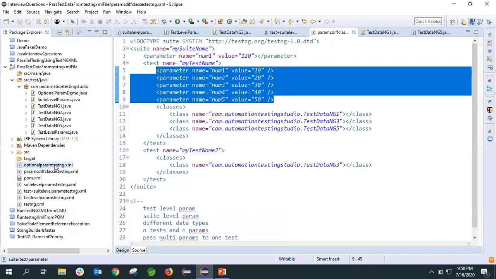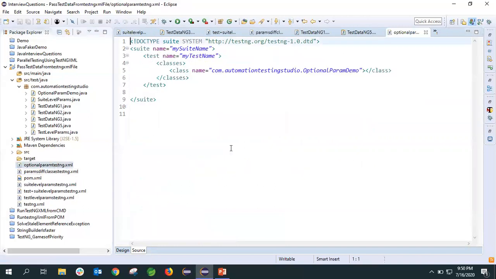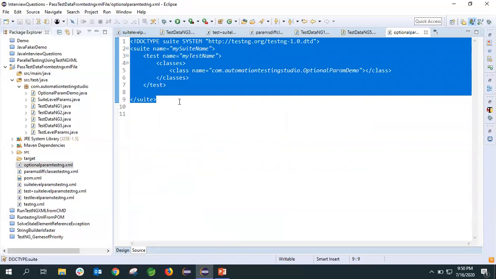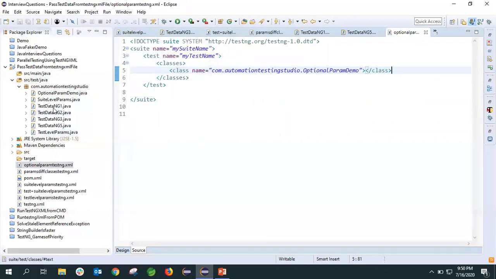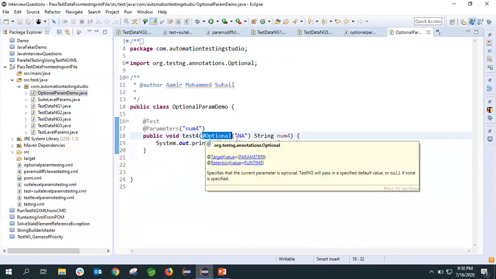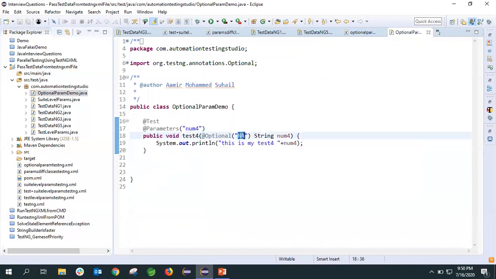The next thing is very important, that is optional. What if I don't define any parameters? Suppose I want some parameter to be optional. Sometimes I pass that parameter, sometimes I don't because I don't need it in my test case. For that, in your test case you have to define something called the @Optional annotation, and whatever value you want to pass as optional will be declared.